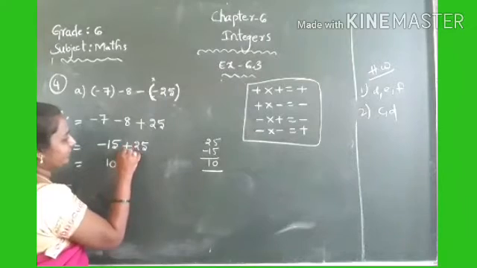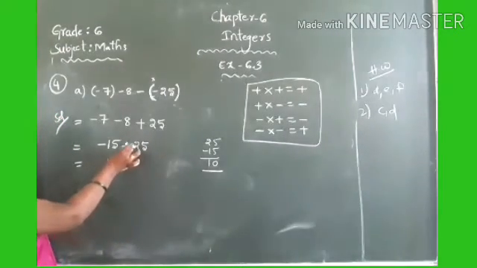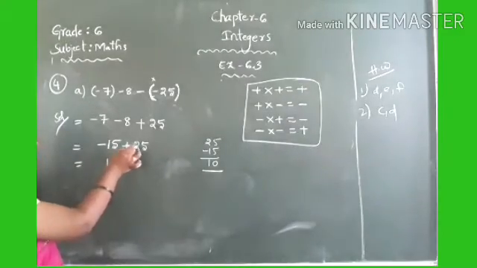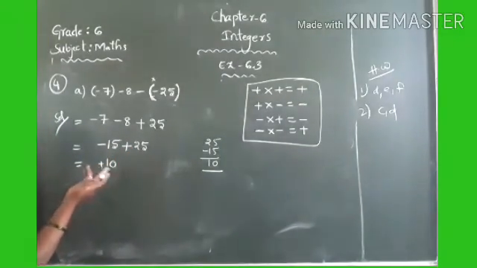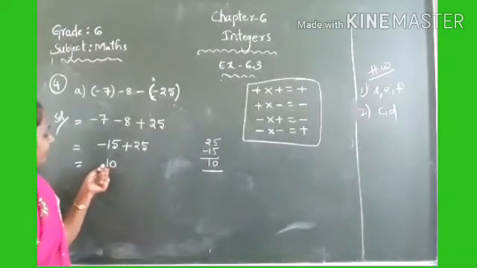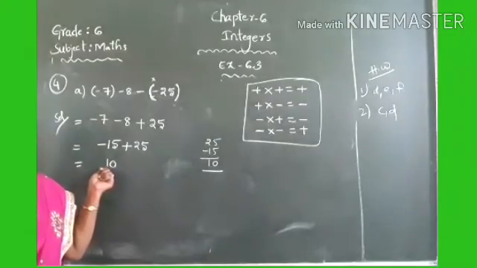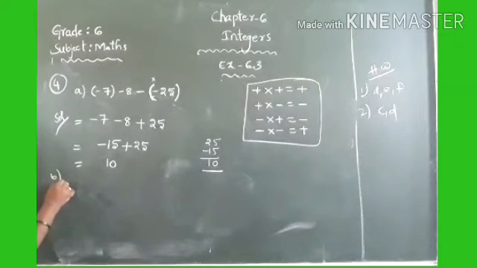But here observe, 25 is the larger value. It contains which sign? Positive. So if the answer is positive, no need to write the sign. If nothing is written before 10, that means you have to consider the positive sign. Okay, no need to give that one. Right. Second one,